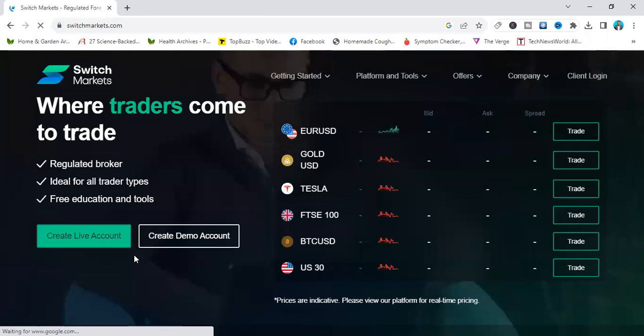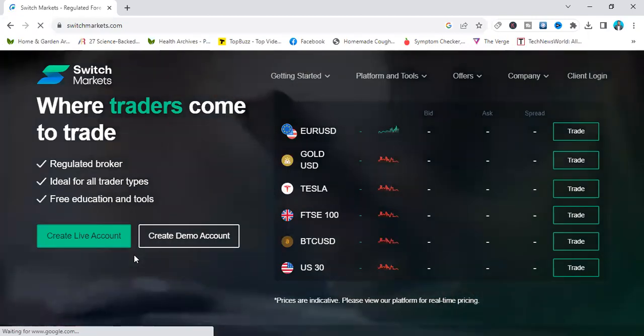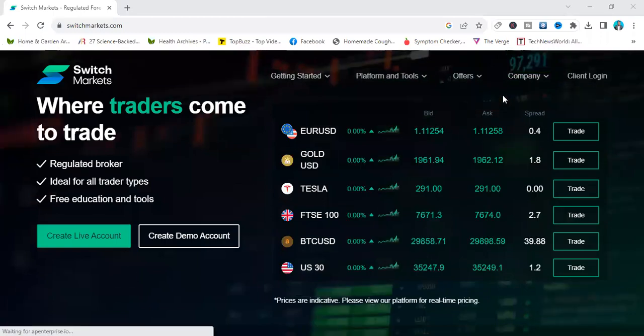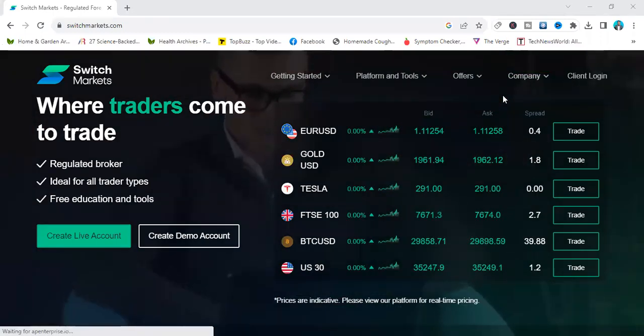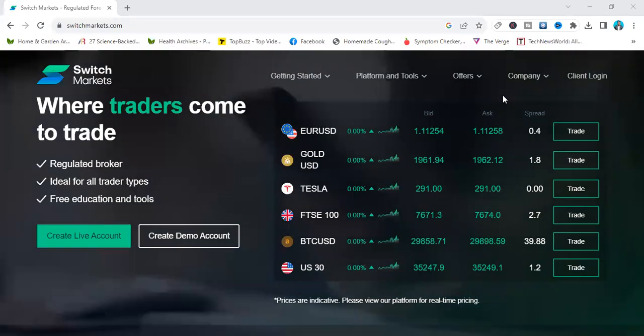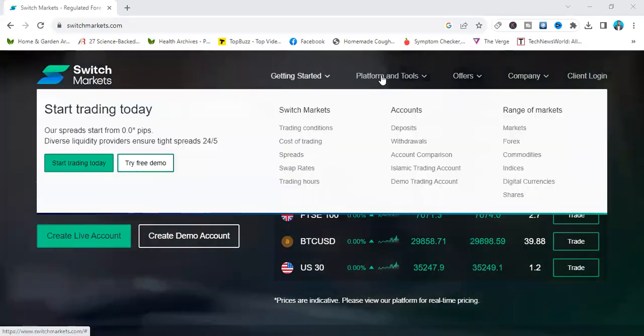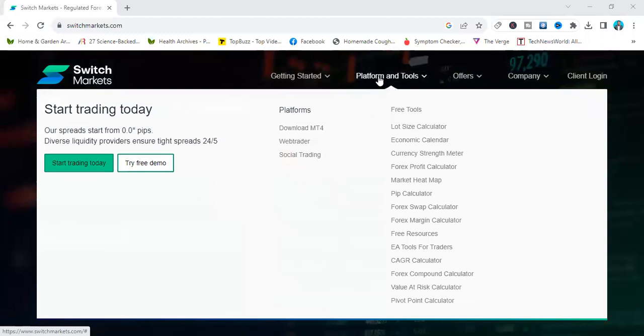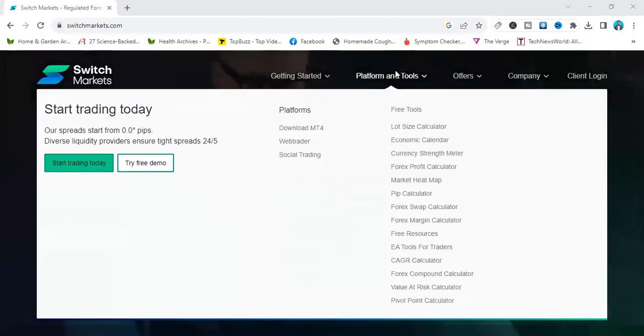Now it has opened to the Swiss Markets. There's a lot of tools for traders to use. Maybe we may not have an account with them, but we can take advantage of the tools that they have. So when you get to their website here, you will come to the menu that says platforms and tools. When you come to this platform and tools menu, you see the first tool that you will see.